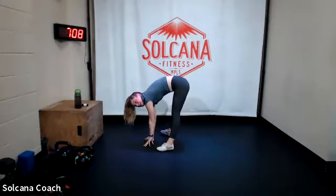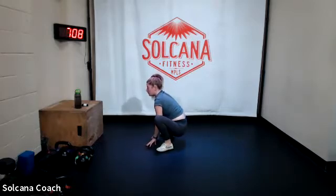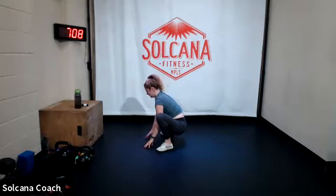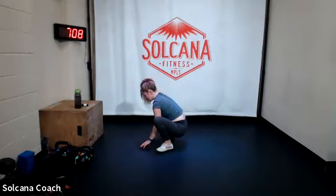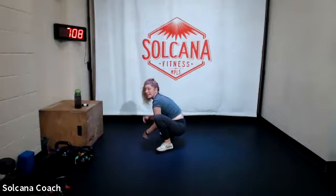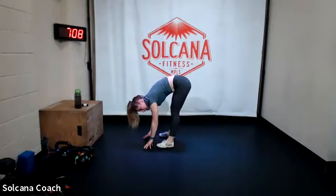Toe heel your feet a little bit wider than hip distance apart so we can sit our butt down. Rock a little bit side to side in the bottom of our squat. Nice, nice, nice. Whew. And then our butts back up, our heads hang heavy, forward fold, toe heel our feet back to hip distance